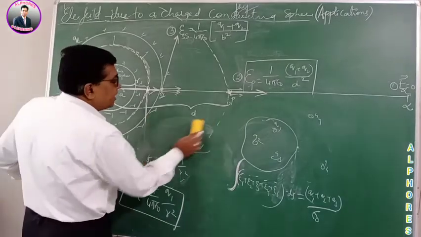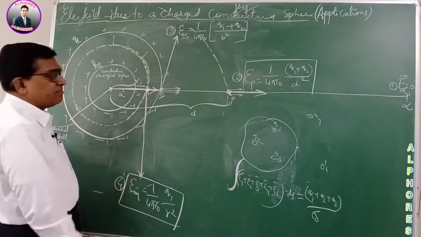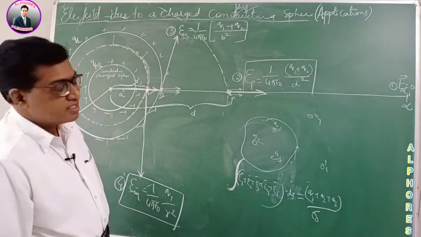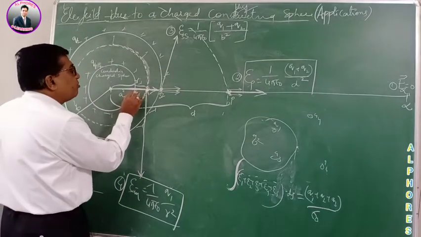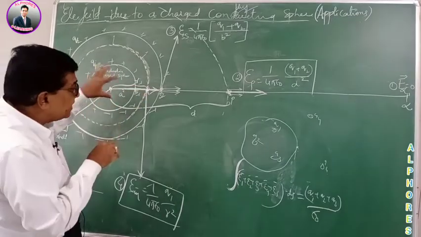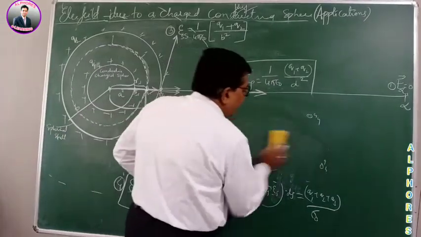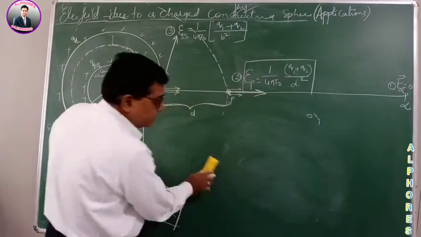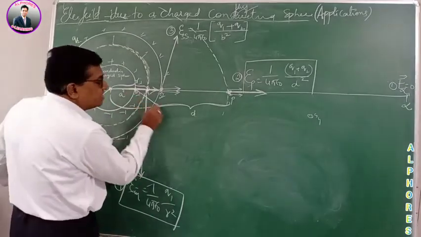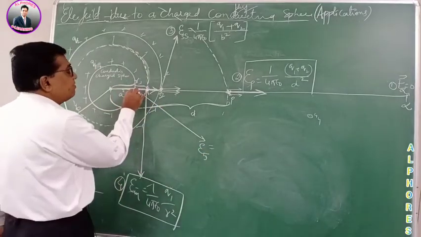So you can deduce it by two methods: by considering the Gaussian surface, or by taking the resultant field due to both the things. Next, the fifth point, it is on the surface of the conducting charged sphere, the inner sphere. At this point, what is the electric field? Let's suppose we are finding the electric field at the fifth point. This is the fifth point, on the surface of the conducting sphere.